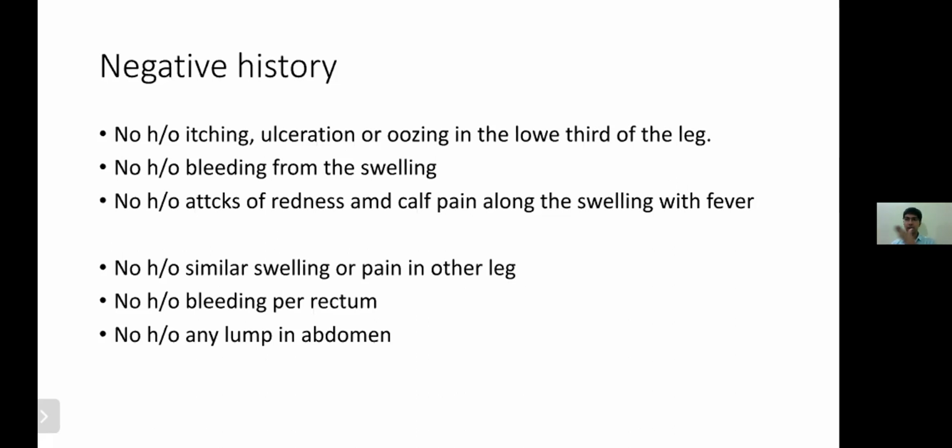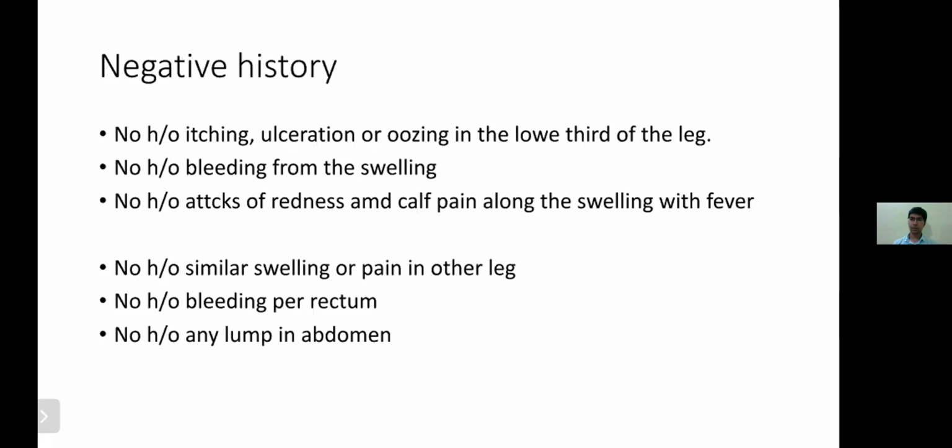Incompetence will always lead to backflow, obviously, and this will lead to varicosities or varicocele in the scrotum. Per se, varicocele and varicose veins are not associated, but you will always have to ask history of varicocele in the scrotum and varicosities in the perineum region because of two things. One is, as I pointed out, the gonadal vein incompetence occurring in nutcracker syndrome. So that is something for varicosities in the scrotum.